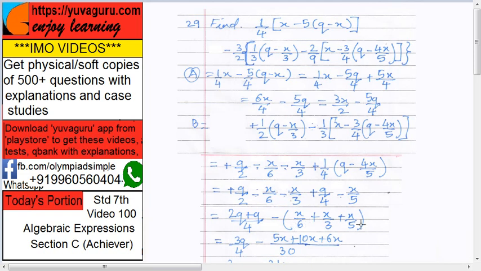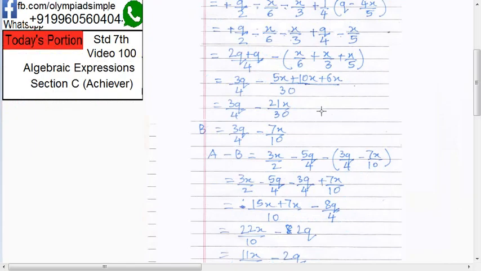Bring them in one bracket. When you bring them in one bracket, adjust the signs accordingly. There is a minus sign outside, so this will be plus, this will be plus, and this also plus. How? If you minus this, minus into plus is minus, minus into plus is minus, minus into plus is minus. Now solve the inner bracket. LCM of 5, 3 and 6 is 30. So 6 5s are 30, 5x over here, 3 10s are 30, so 10x over here, 5 6s are 30, so 6x over here. Bring everything to the LCM as well as the numerators. Up to this step clear?